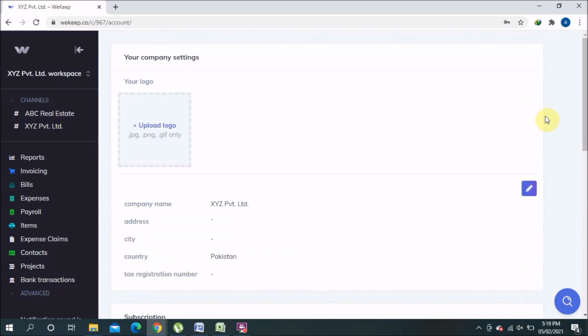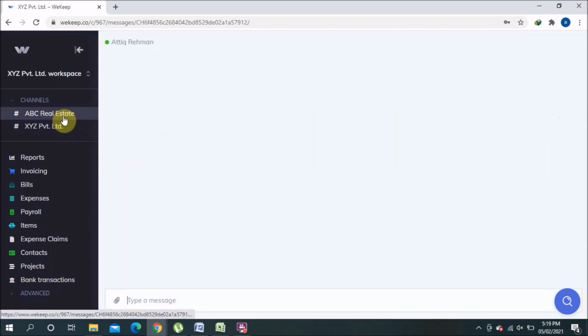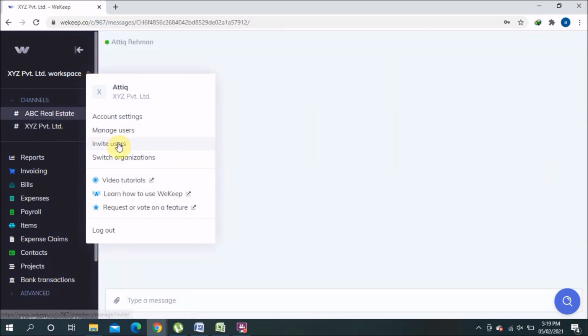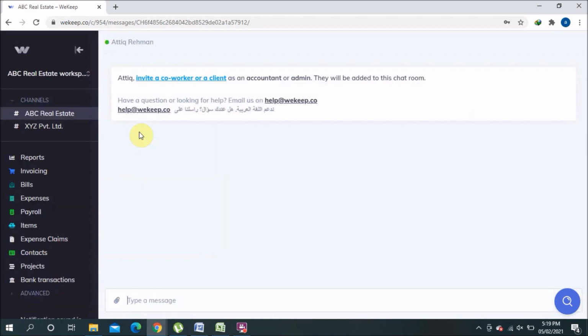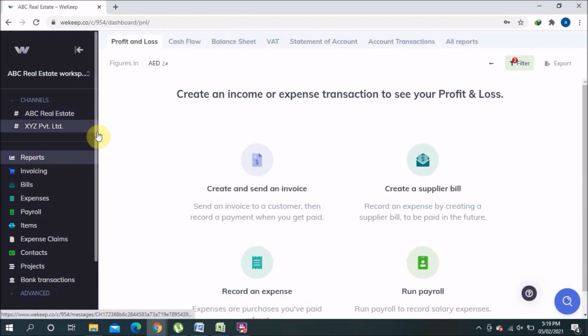This is the company which I made for Pakistani purposes. Okay. For example, if I'm using a company in Pakistan, or I have multiple companies in Pakistan, UAE, and different countries, and I want to handle everything from one place, I can do that. So I will go to the UAE dirham company. Switch company.